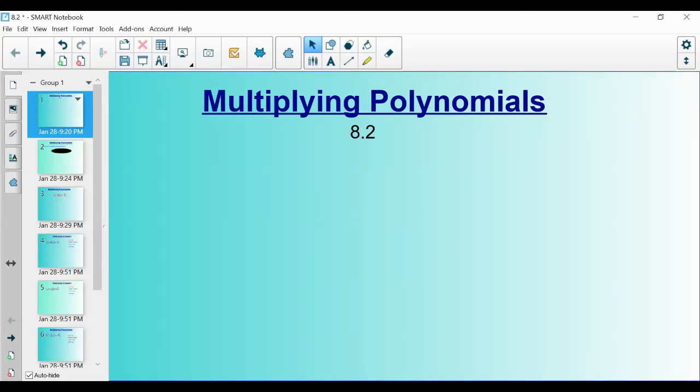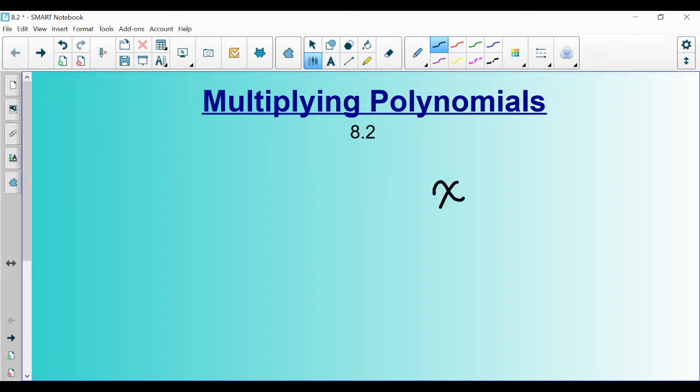Hello, algebra students. This is a lecture on multiplying polynomials, which is section 8.2. Remember, a monomial is a variable, like x, a number, like 2, or the combination of these two things using multiplication, like 2x. Or we could even have an exponent on a variable, something like 2x cubed. So all of these are monomials,